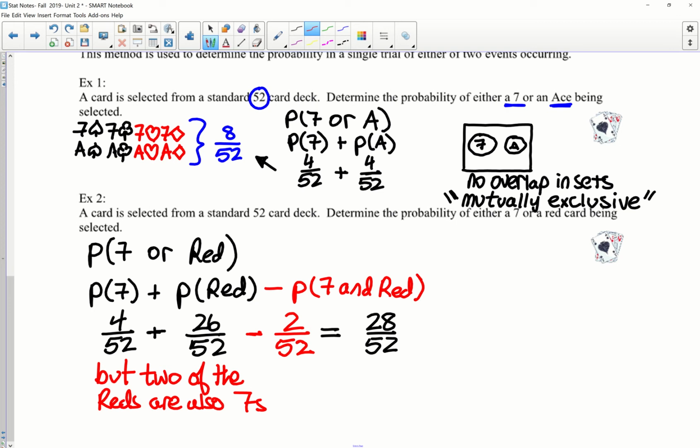I'm just trying to get back to her question. So basically the 28 is the number for the red cards by counting the 7s twice, or? The 30 is the number of cards overall if you accidentally counted the red cards twice, the red 7s twice. Okay. 28 is what you get when you remove that double count. The extra 2 7s that you accidentally counted twice, if you remove those, that's what you would be left with, and that's the correct value. Okay, so that's what we have, counting twice minus 2. Right, the ones that are overlapping, yeah. So it's